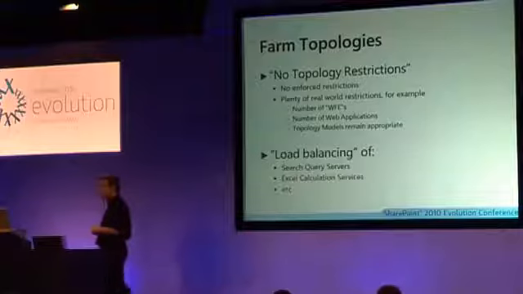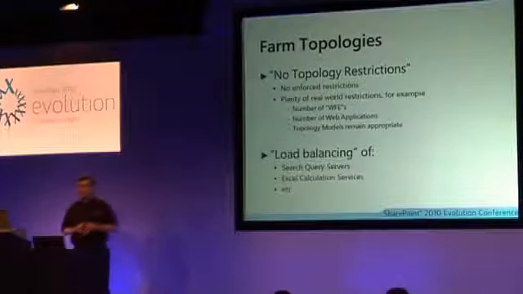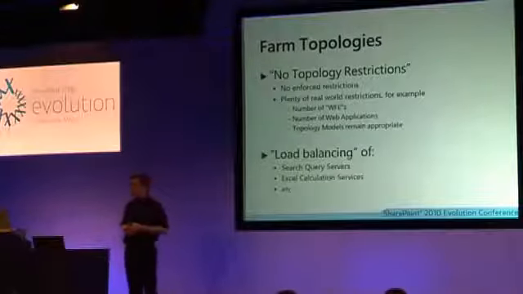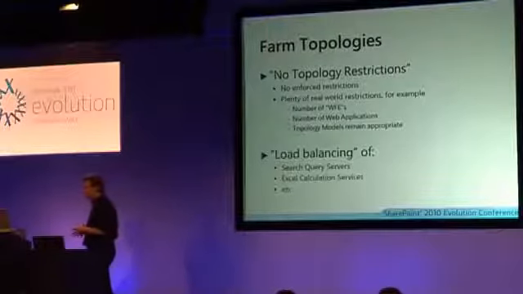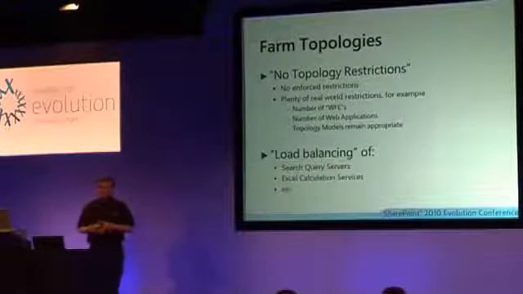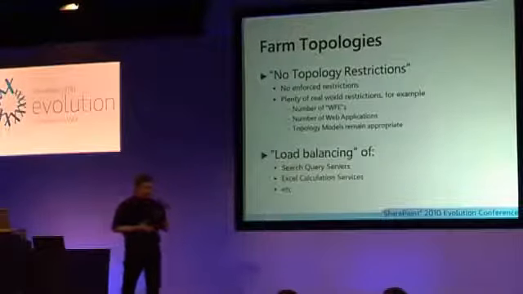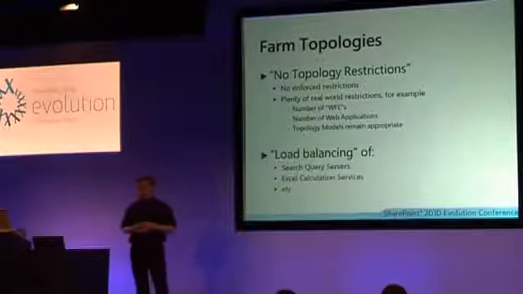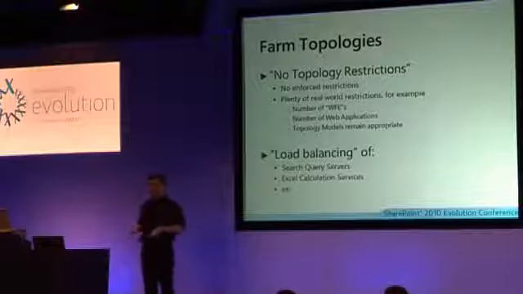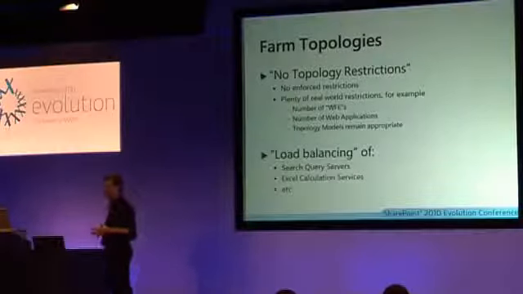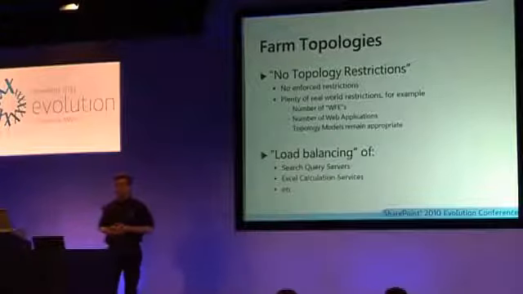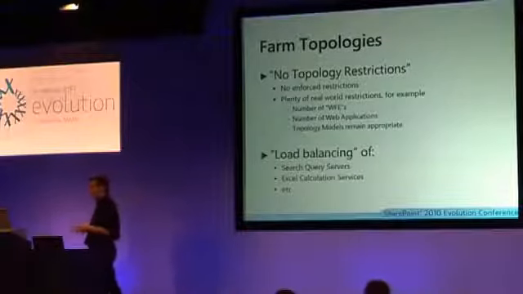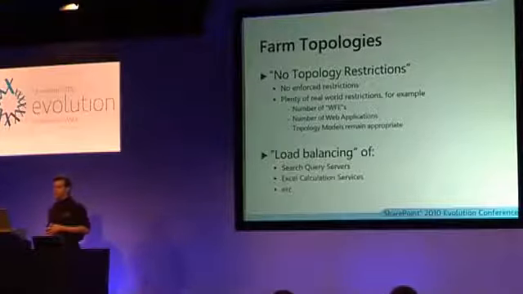But those topology models, such as the medium farm, remain appropriate for the vast majority of deployments, and it's the way to start. It's the best start point for your topology. Now we actually have redundancy for the index or crawl components. You could actually change that medium server farm round, and instead of having 3 machines, so you've got 2 web front ends, 1 index server, and then your SQL server, so 3 SharePoint machines, you can actually now just do it with 2 SharePoint machines and just have all of the services running on both machines. If it's simple, you'll be able to service the same kind of number of users in that environment.